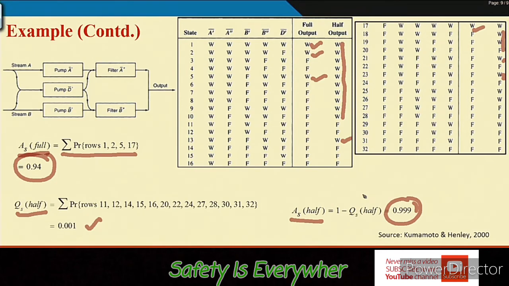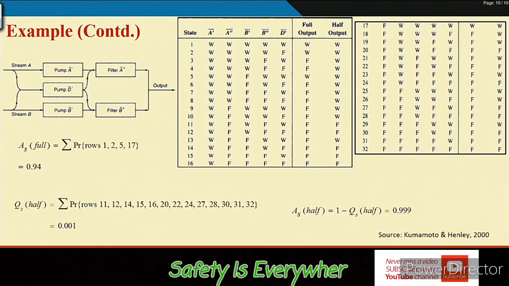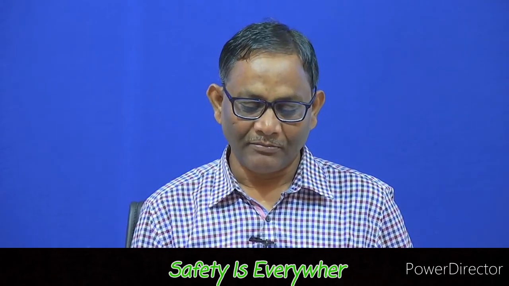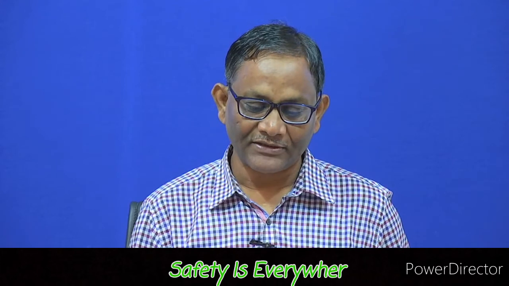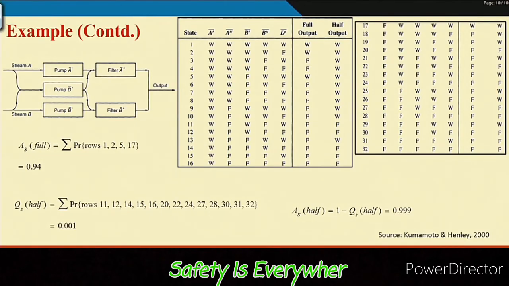But if you have plenty of components, then it is again very difficult, because you have seen that if there are 10 components in the system, then 2 to the power 10 is 1024, and this many combinations will be there. So again, this enumeration will take a lot of time. But nevertheless, you can develop a software program and generate it, and this is a good approach, because you will not miss anything and you understand what is actually happening inside.